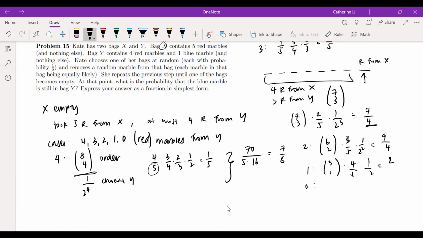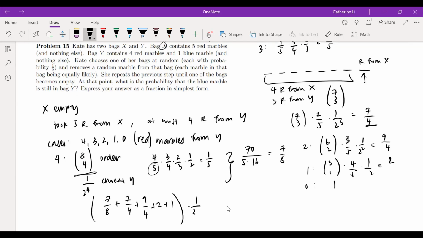And then 0 is just going to be 1. Okay. So adding up 7/8 plus 7/4 plus 9/4 plus 2 plus 1, and then times 1 over 32,